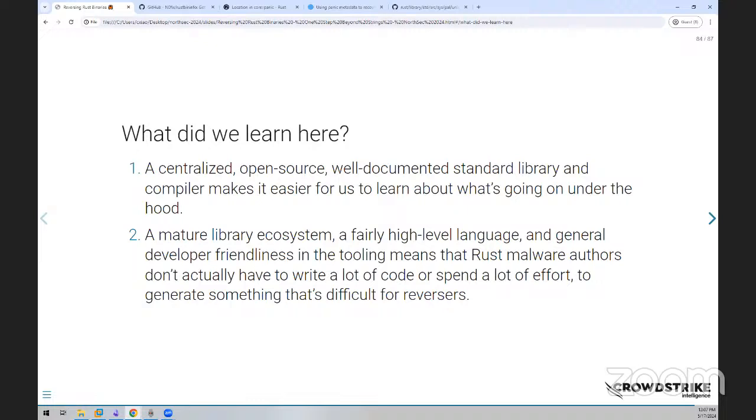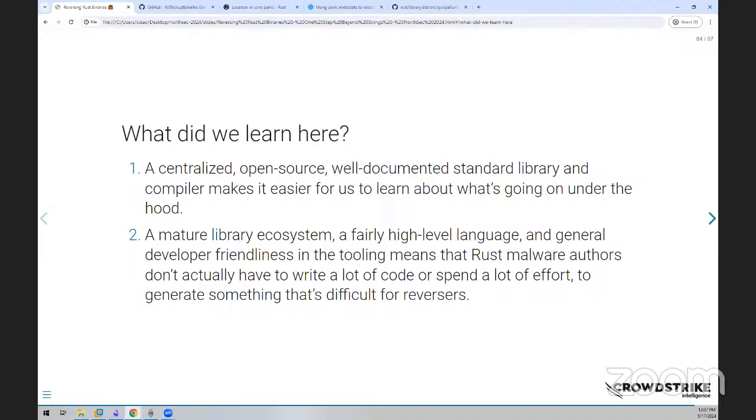There are significant investments by large companies in the Rust ecosystem, in improving the compiler, in improving libraries, in improving the standard libraries. There are armies of people working on the compiler side. Malware authors can use that effort, but for reversers, it's like, oh, here's my presentation, there are no tools, have fun. Right? So I don't know what the solution is, but I think some of it is going to have